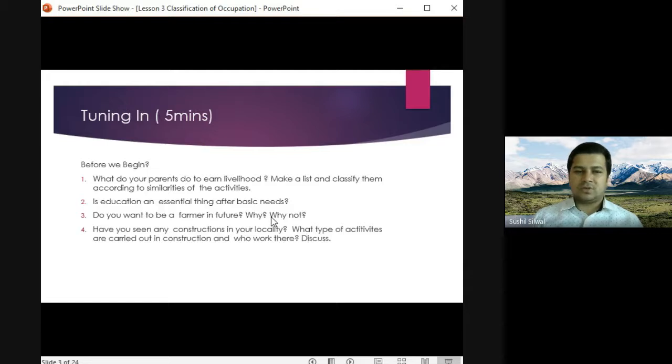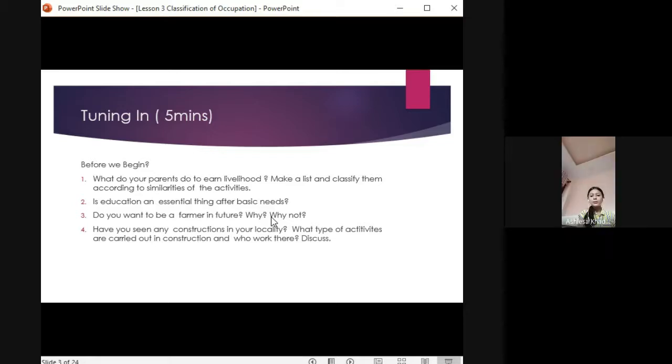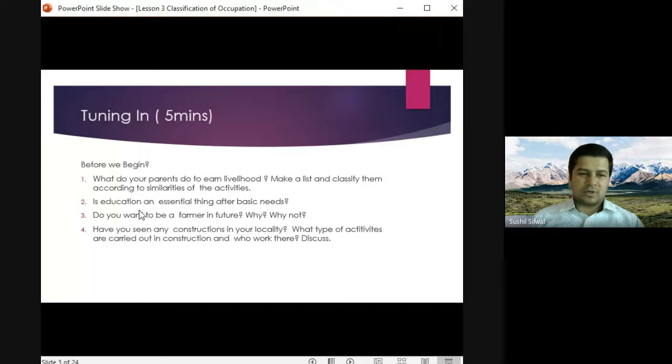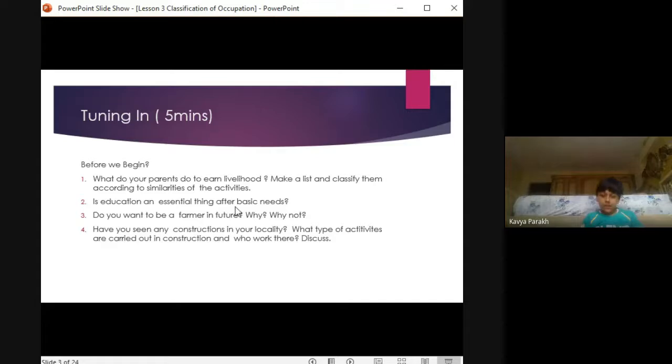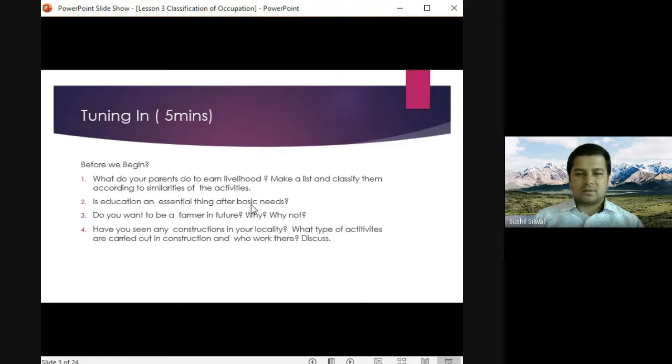Do you think so? Yes, sir. Okay, why? Sir, because without education, we cannot do any jobs or anything. We need to have education to do anything and to earn our livelihood. Okay, yeah, so that's why education is very important. Like after, what are our basic needs, Kavya? Sir, our basic needs are